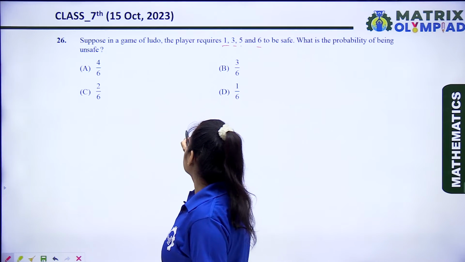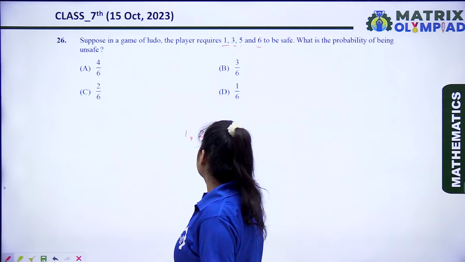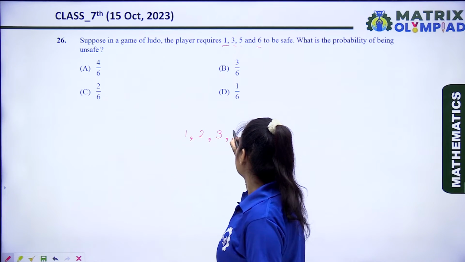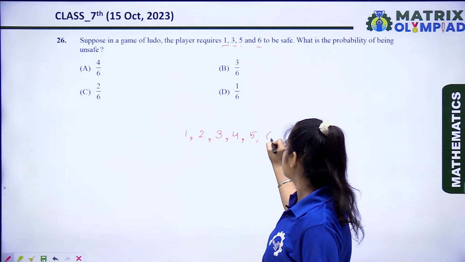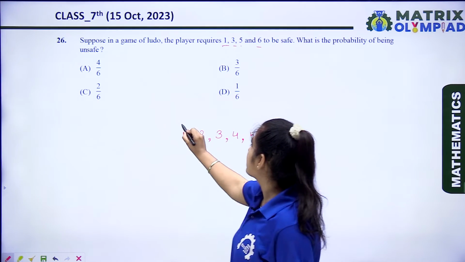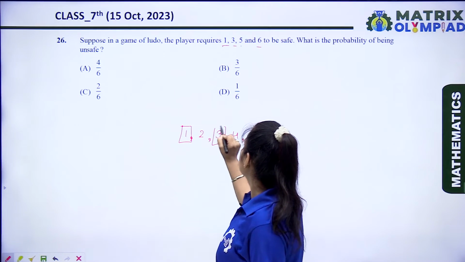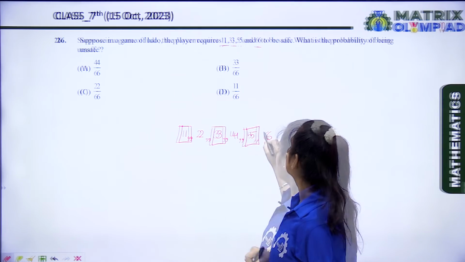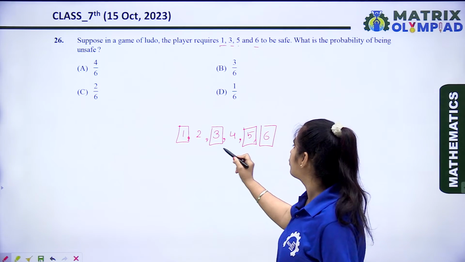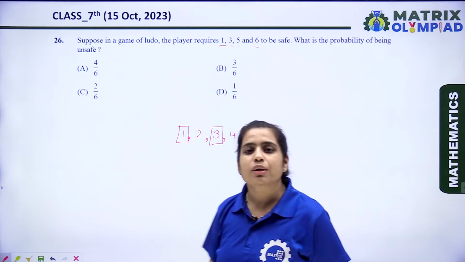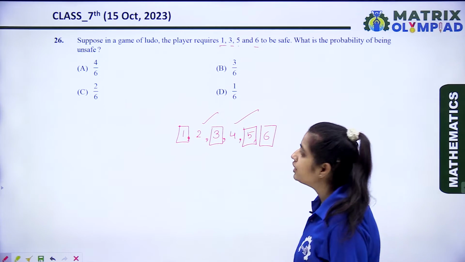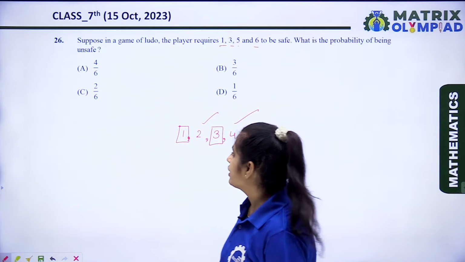लूडो के अंदर we have a dice that have the total outcome of 6. तो here 1, 2, 3, 4, 5, 6. तो डाइस के अंदर टोटल आउटकम्स कितने होते हैं? 6 होते हैं। अब यहाँ पे सेफ जोन के लिए 1 है हमारे पास, 3 एंड 5 एंड 6। ये 4 नंबर्स हैं जो कि सेफ जोन में जा रहे हैं। तो अनसेफ के लिए हमारे पास है 2 एंड 4। इट मीन्स देयर आर 2 फेवरेबल टर्म्स।